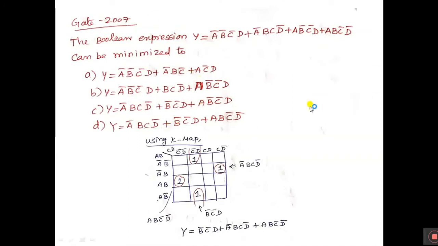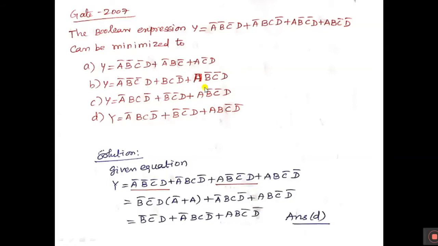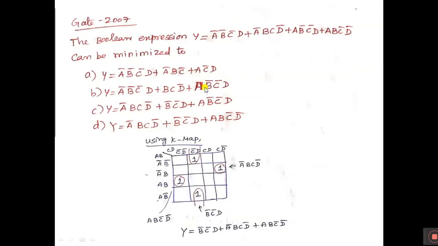The same question I solved using K-map. The previous case is based on direct reduction. The second one, the same question I solved using K-map. So I write the given question in a K-map of 4 cross 4 because 4 variables are given: A, B, C, D. So if I take A bar, B bar, C bar, D, here A bar, B bar, C bar, D, I can write 1 here, plus A bar, B, C, D bar.